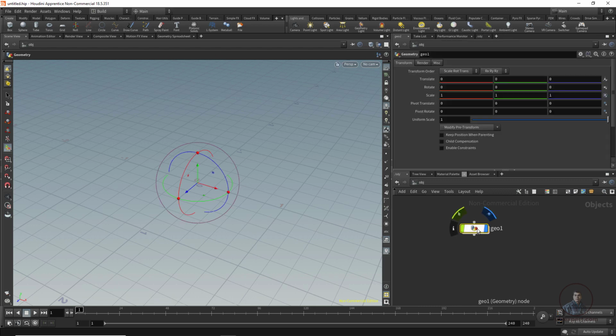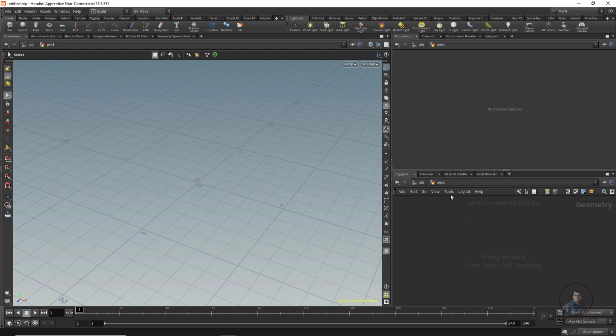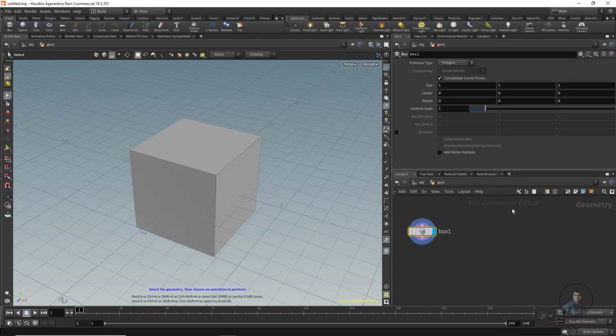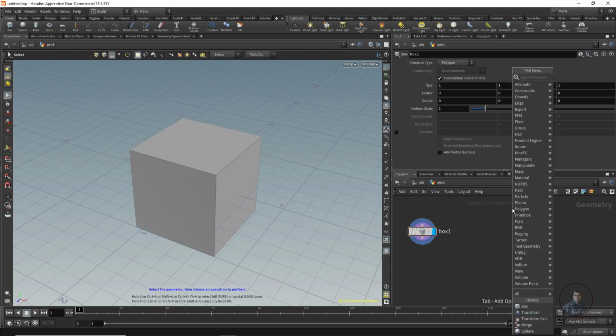Now just click here. If you see this gizmo, click on selection here because there are no objects here. Now double click on the geo node. Now you are inside our geo node. If you notice, this node is empty. Now we are going to create some geometry inside this geo node. Press tab, type box, and I have created a box here, and again press tab, type sphere, same node.